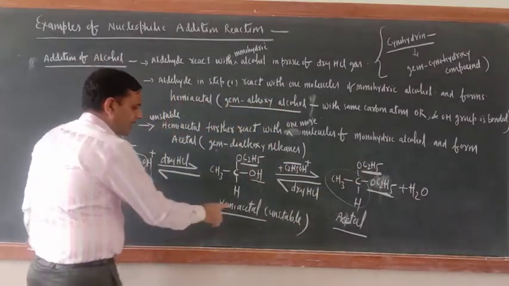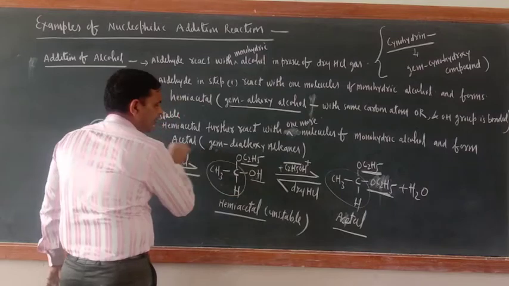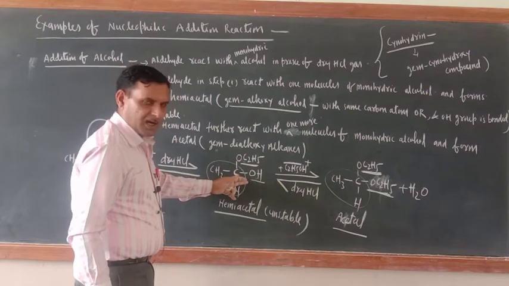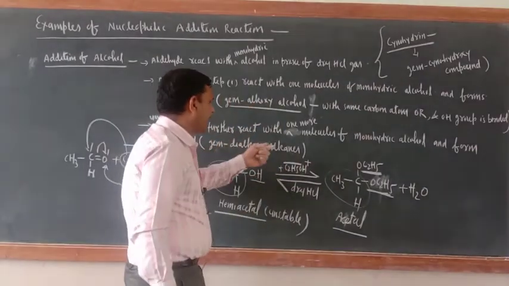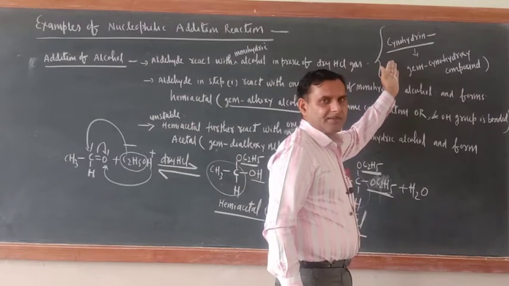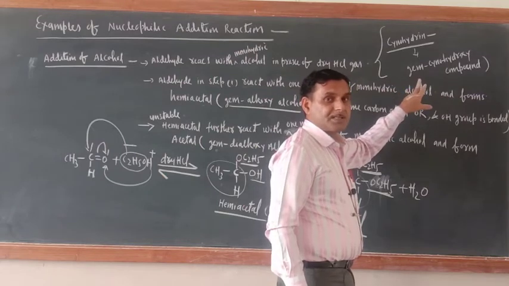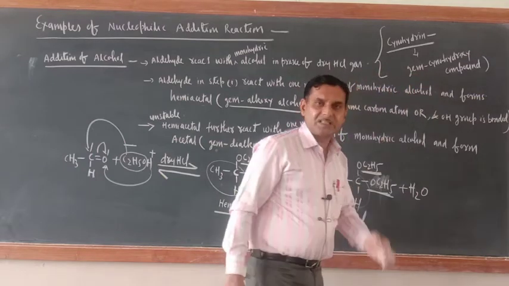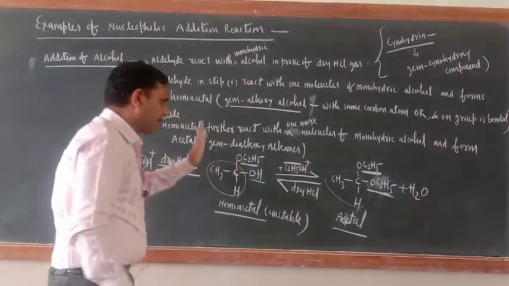Correct or not? In the hemiacetal case also, other than OH and OC2H5, the remaining part is alkane only. So what is hemiacetal? Gem alkoxy alcohol. And acetal is gem dialkoxy alkane. Similarly, the cyanohydrin compound can also be defined. Gem means together. So with the same carbon atom in cyanohydrin, CN and OH groups are attached. So we can call cyanohydrin a gem cyanohydroxy compound. Okay, you have got this one.